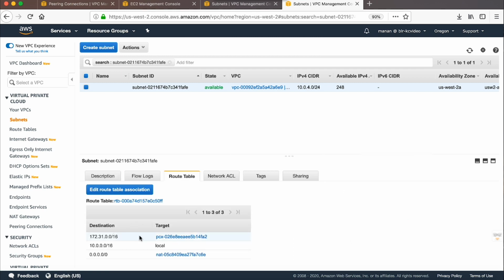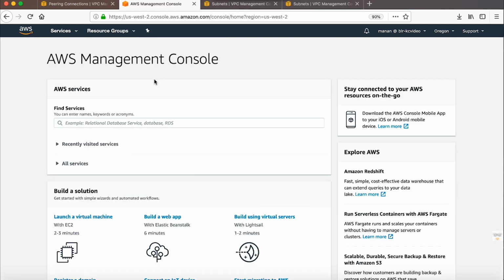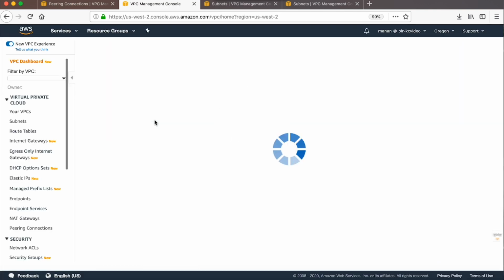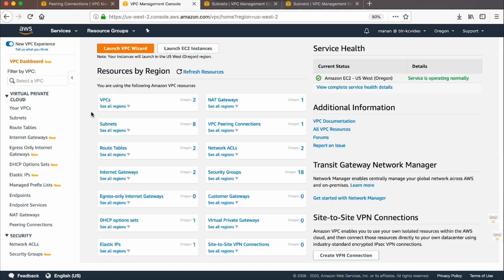Verify that the DNS resolution for VPC peering is enabled from the VPC that hosts the load balancer. To check this, open the Amazon VPC console. Select the respective VPC peering.